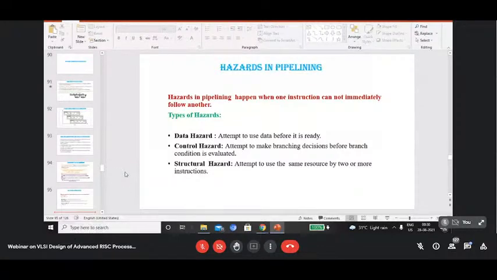Okay. Anyway, so hazards in the pipelining. As it sounds nice, there are certain problems associated with the pipeline. There are 3 kinds of hazards in the pipeline, and they need to be sorted out: data hazards, control hazards, and structural hazards. Briefly, I can tell you, data hazard is